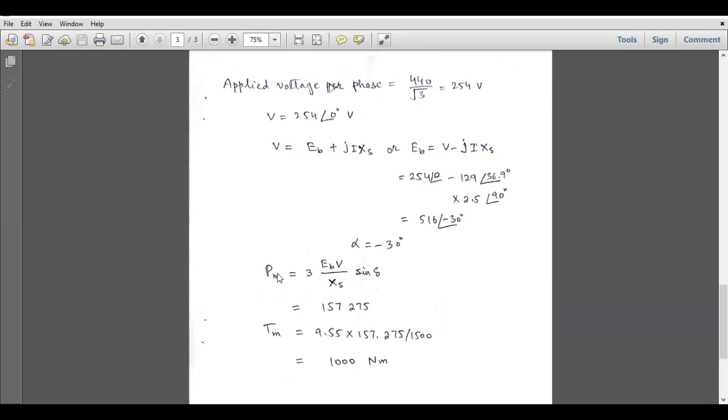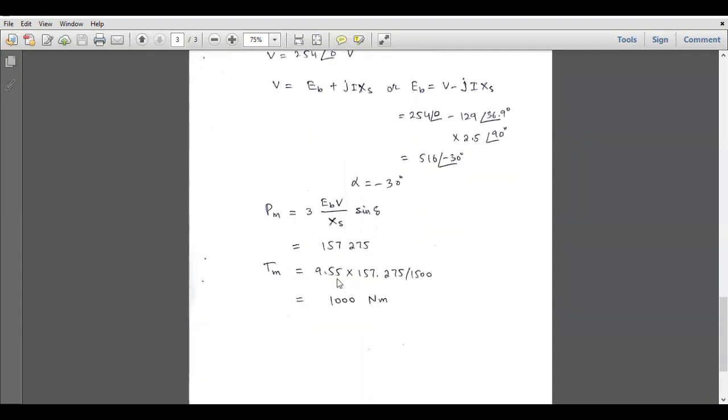So the mechanical power is equal to 3 times EB into V divided by XS into sine alpha. So pull out torque can be calculated by first calculating the maximum power, and the power will be maximum when this alpha is assumed as 90 degrees. So the sine alpha will be equal to 1. So we will just have to calculate this expression. So three phase power will be given by 3 times back EMF into voltage divided by XS, and it will be given as 157 into 275,